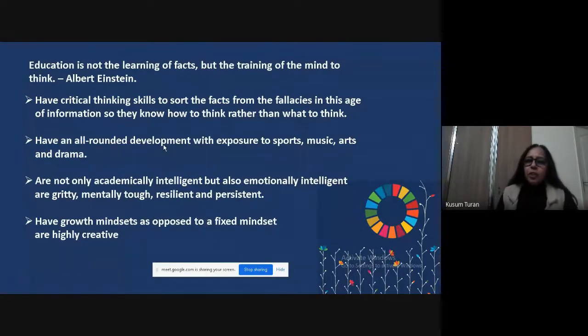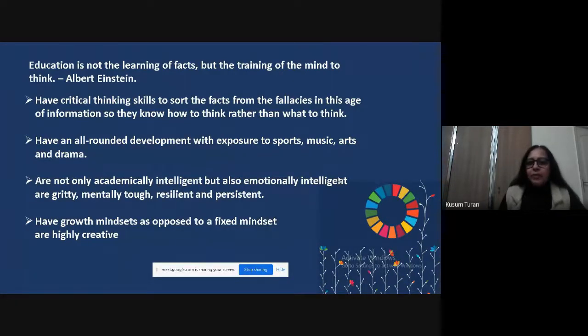So education is not just about gathering facts and figures. We also have to learn how to sort the facts from the fallacies, false information, or wrong data that is available. We have to look for all-round development. Now, we don't have to look only for the academic excellence of children. That doesn't work at all. We have to look for sports, music, art, drama. In the pandemic, ICT skills worked, and we tried to engage our children with a lot of art activities. So it worked in promoting education. Art makes children not only academically intelligent, but emotionally intelligent as well.